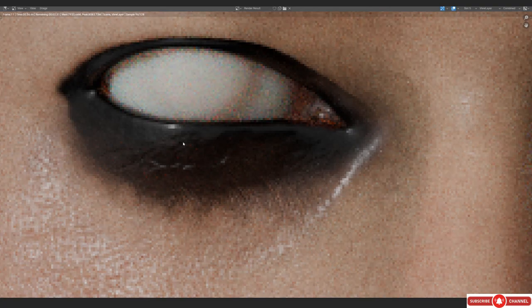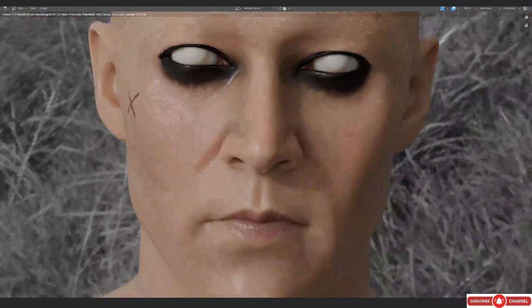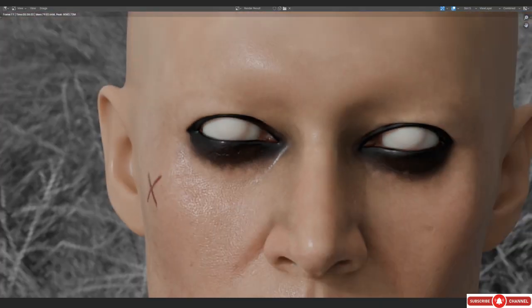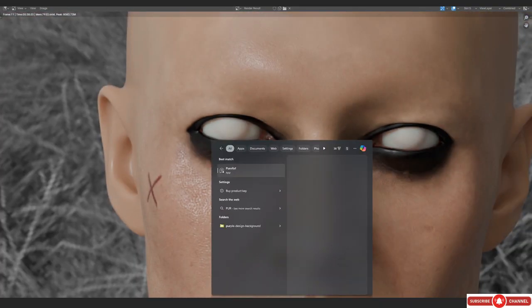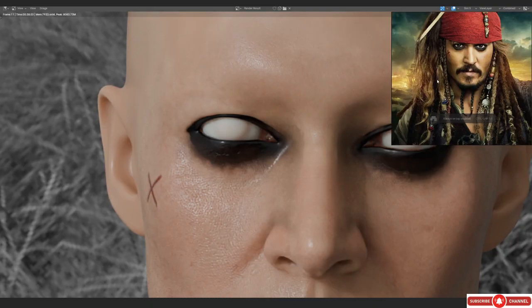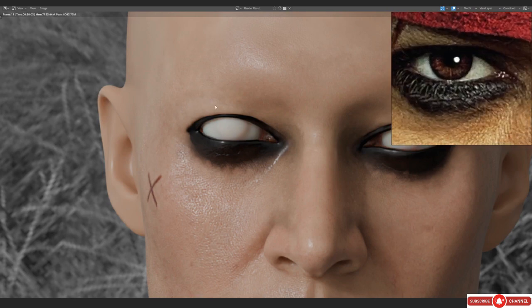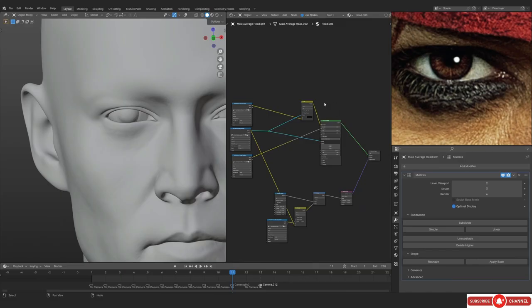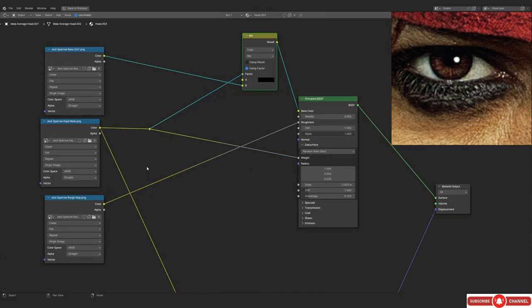Obviously you're not gonna be able to tell this in a render from this much apart. You gotta have to go a little bit closer, but with the spec you can definitely tell. And if I were to just open up the references, you're gonna be able to see that this spec is not really that shiny. Like, we can actually add a little bit of roughness over here. So if you are comfortable with the nodes in Blender, I think it should be pretty easy for you. But I'll actually tell you what you can do.